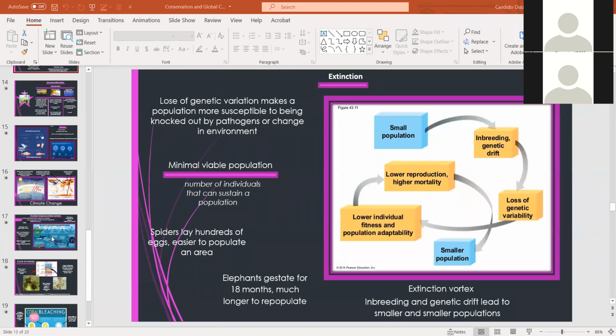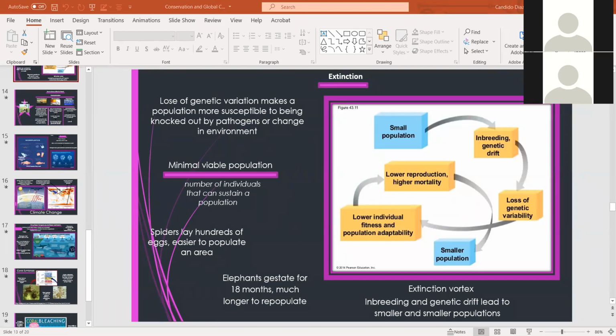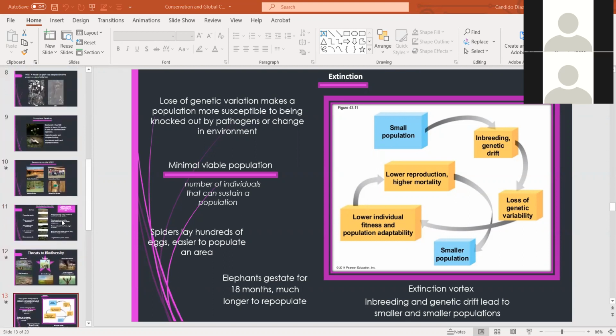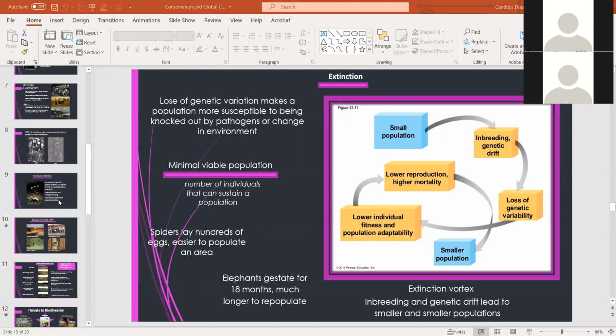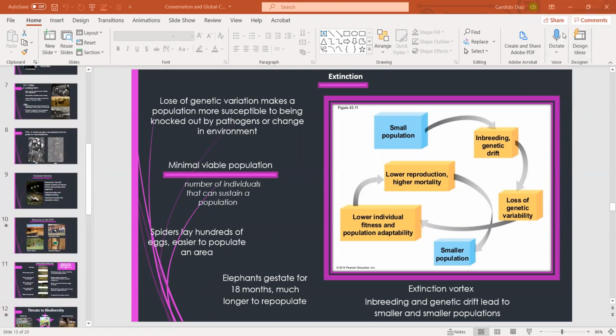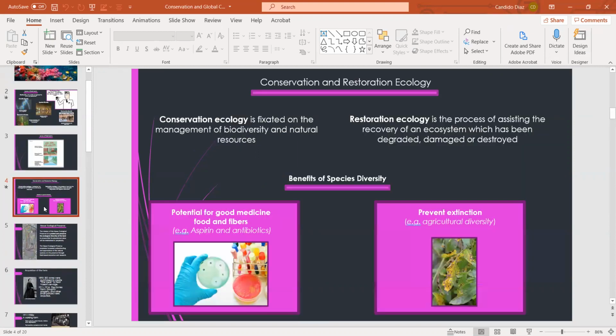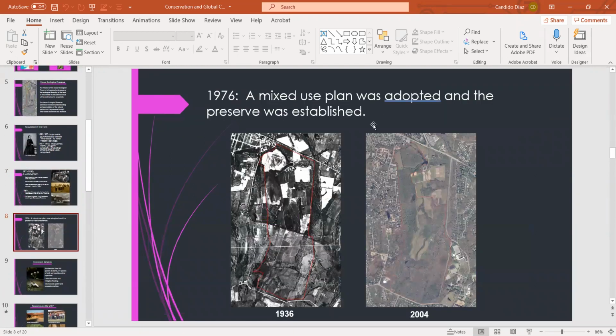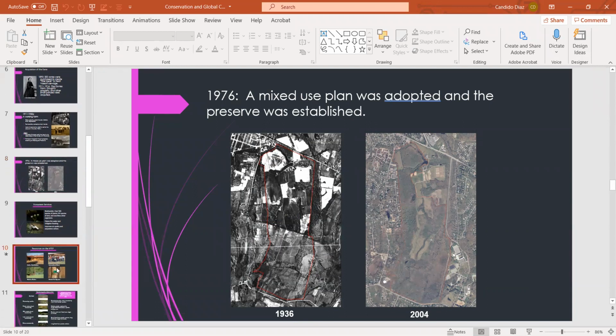So I guess in that question, the way that we're having a positive effect is, some of us are having a positive effect, right? It's the idea of conservation ecology and restoration ecology. So we're taking places such as the Vassar Farm, and we are treating it and trying to keep it isolated from our own development, right? We're trying to lower,